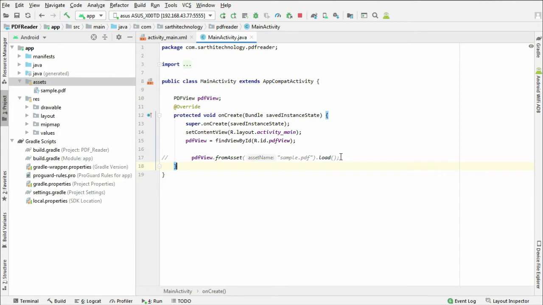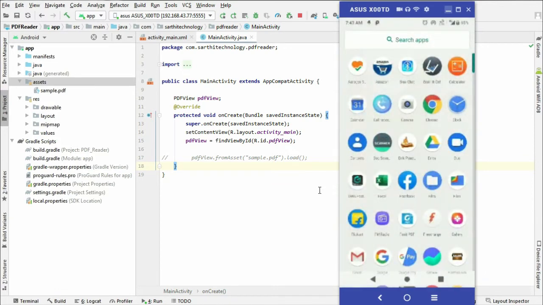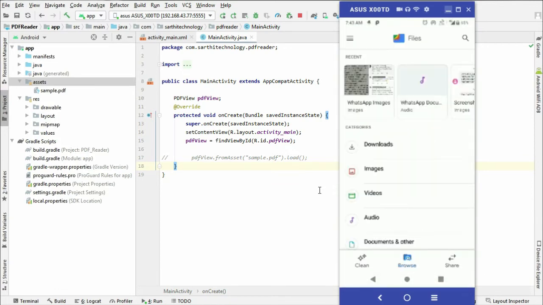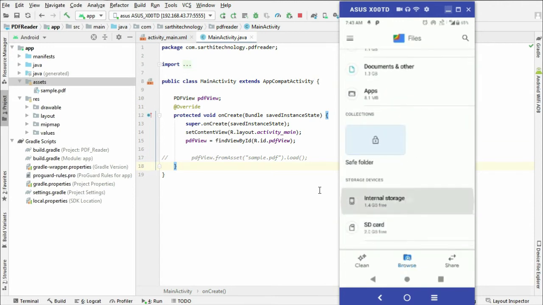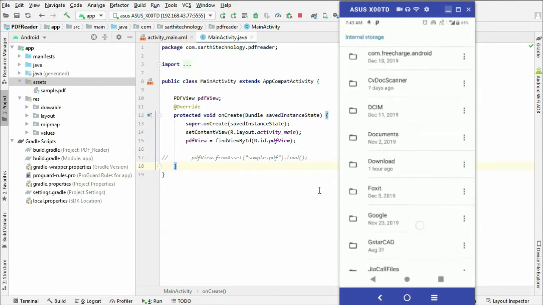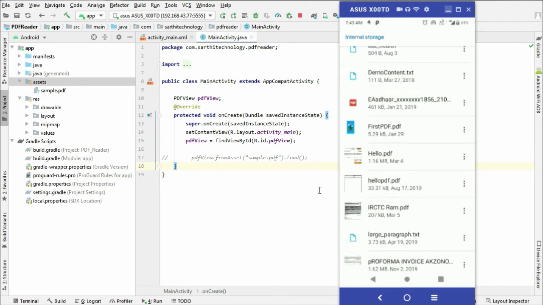So first make this comment and we want to open a PDF that is in our phone memory. For example, we want to open a PDF. So first open this file, Google File application, and here you can go to internal storage, and for example I want to open this hello.pdf.